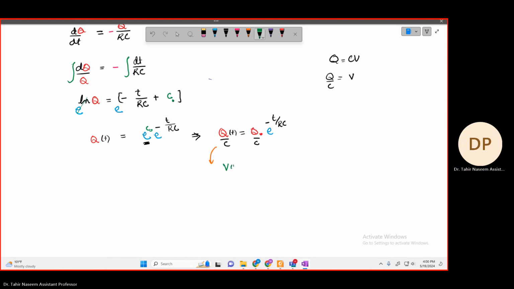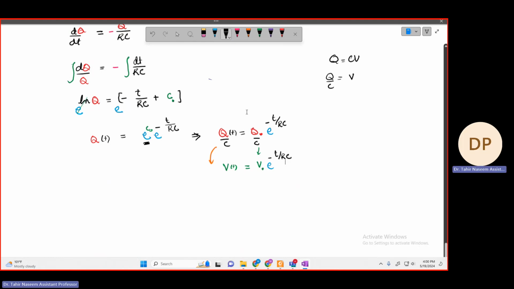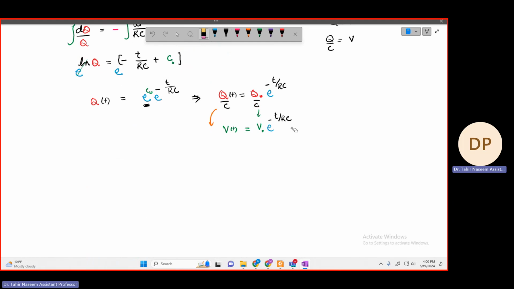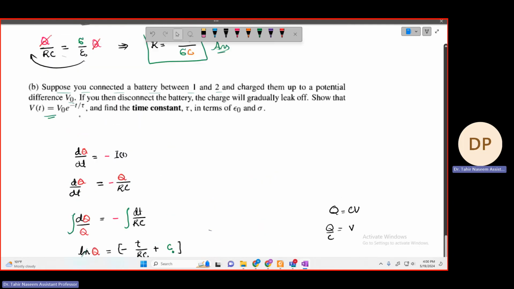सो दिस विल बिकम v of t is equal to v naught, some initial charge, exponential of minus t over rc। Is this the thing we want? Yes, minus t over rc, and rc is time constant which can be written like tau। तो ये ही हमें चाहिए था, v is equal to v naught exponential of minus t over tau। So if you see, we needed this answer।